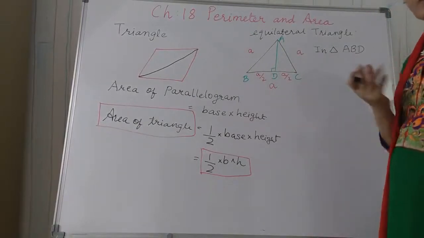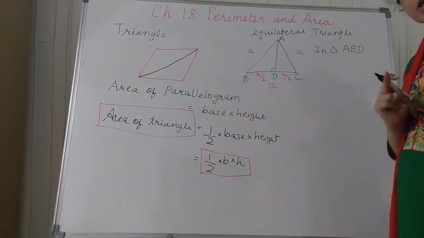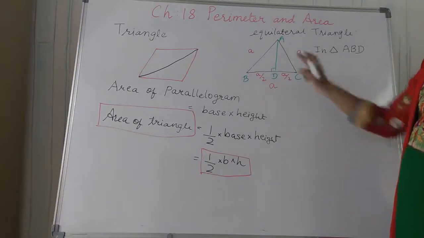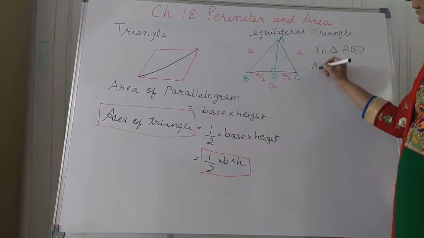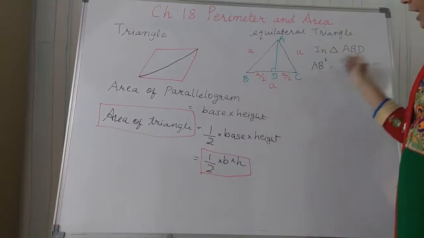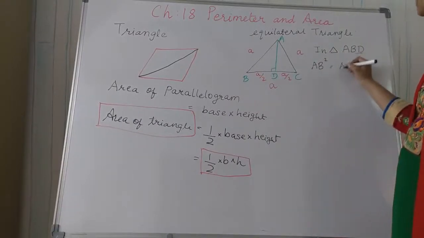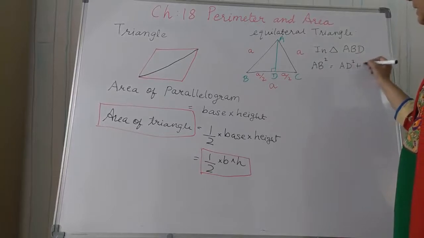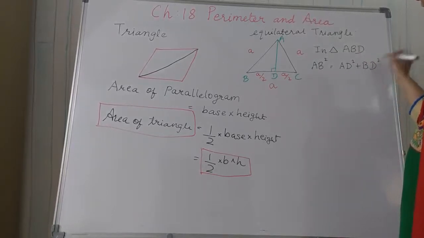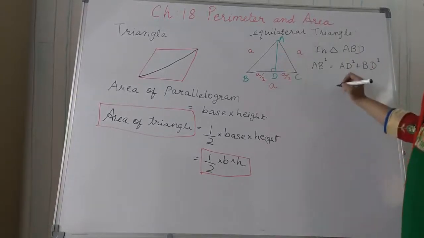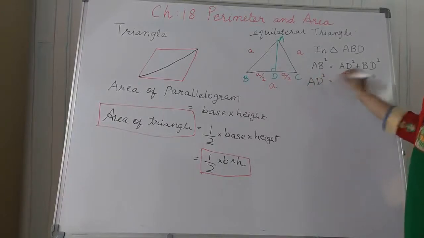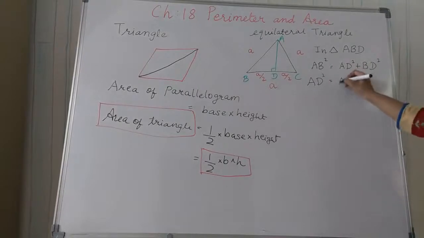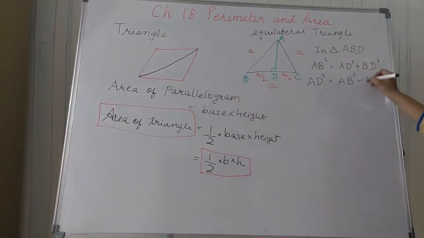As you know, Pythagoras theorem is specially used for right angle triangle, and here is the right angle triangle. So AB is the hypotenuse. So AB square is equal to AD square plus BD square, right? But we need the value of AD. So I will make AD the subject. So taking this BD square to the other side, its sign changes.